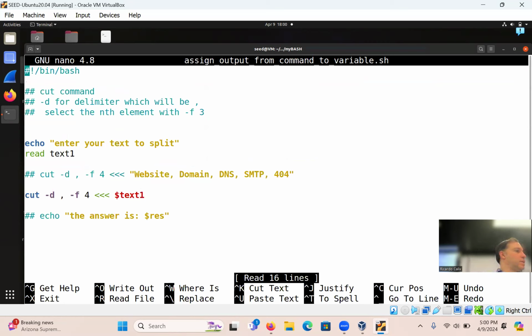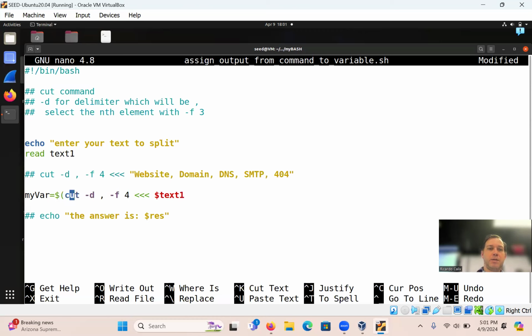All right, so now we need to think. There's two ways, apparently. We can use the backticks, or we can use parentheses. So I'll try the first method first. The text goes in here. So this command would be something like myvar equal, and then $, parentheses, like that.